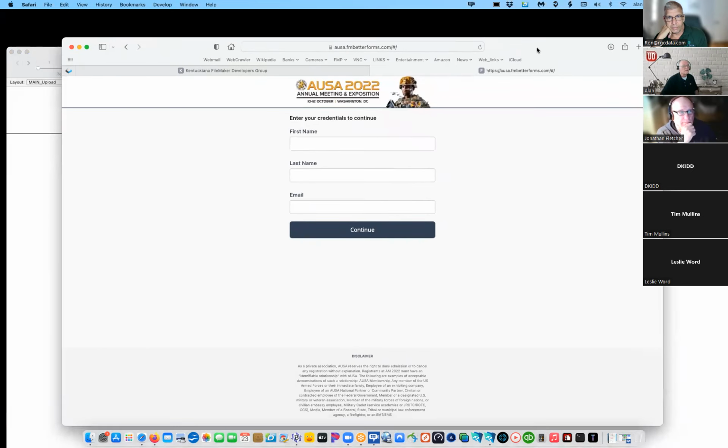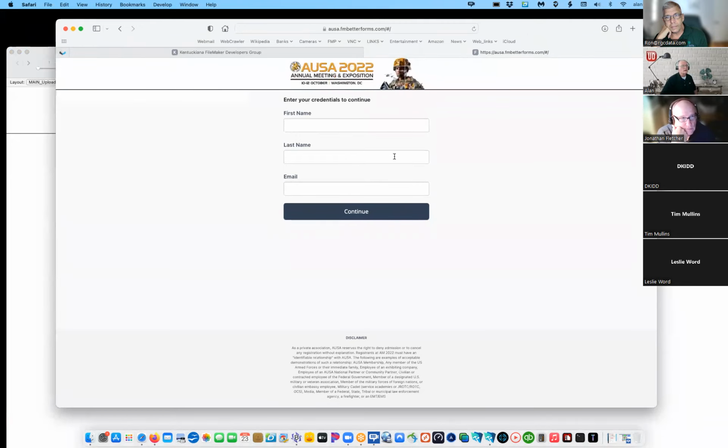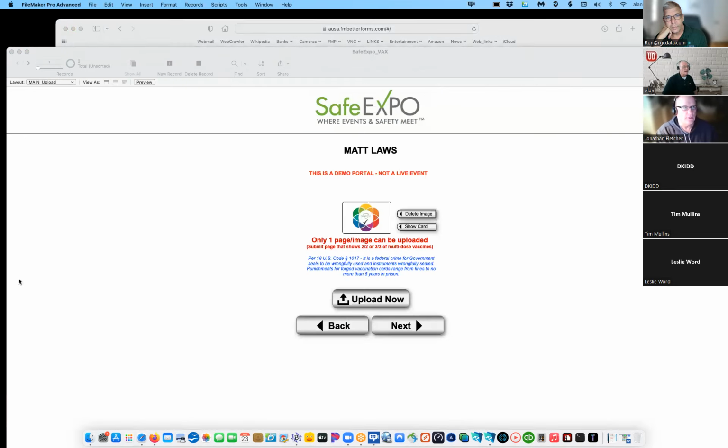So this is our online form. We're using Better Forms for it. They put in their first name, their last name, and it actually then does a lookup. It's a three-way lookup. It takes the last name and the email address, and it actually goes back and looks at